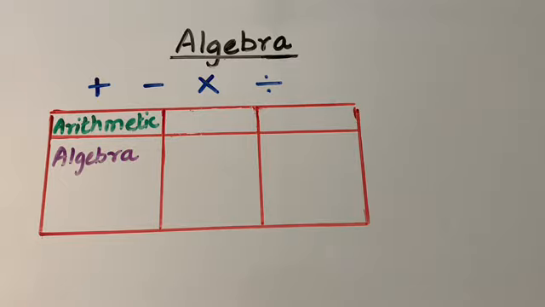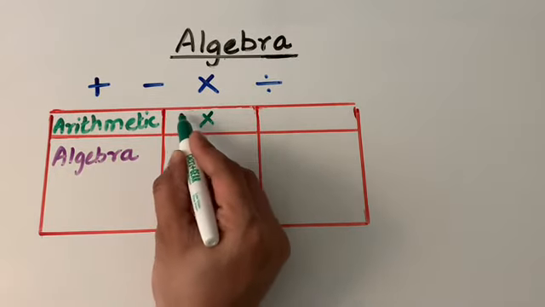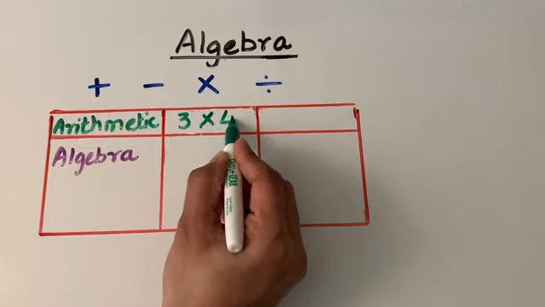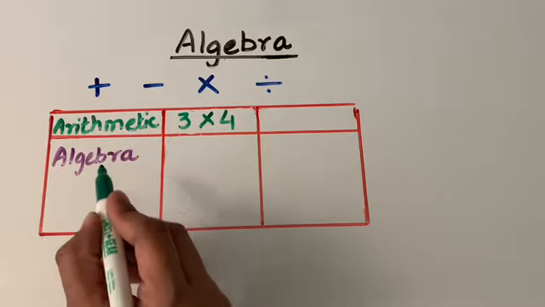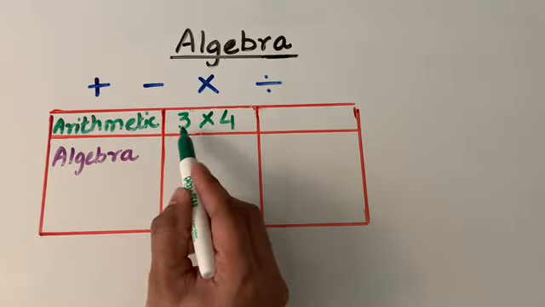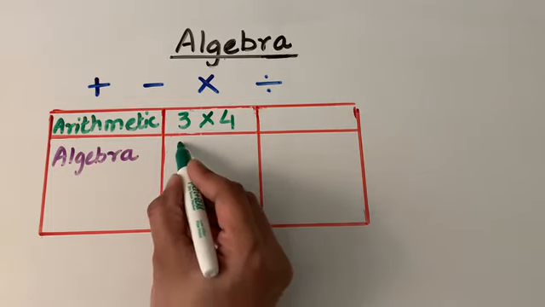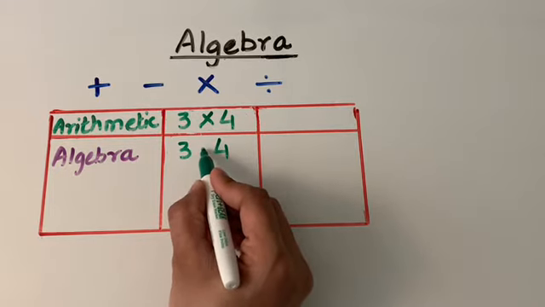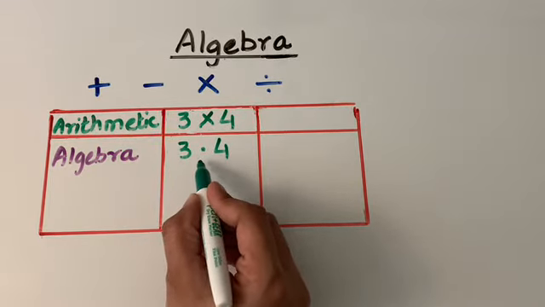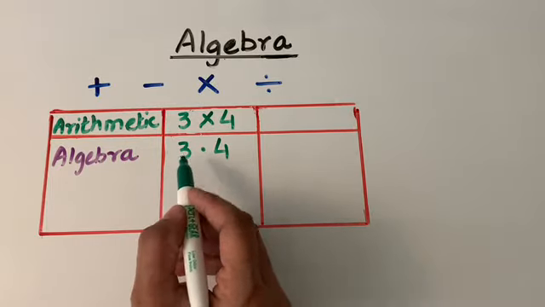But the symbols in algebra for multiplication and division are different. Like if we want to multiply two numbers in arithmetic, we use this sign. Like we are going to multiply 3 times 4, so we will use this symbol for multiplication in arithmetic. But in algebra, if we want to multiply 3 and 4, we will use a different symbol, this dot, which represents multiplication in algebra,